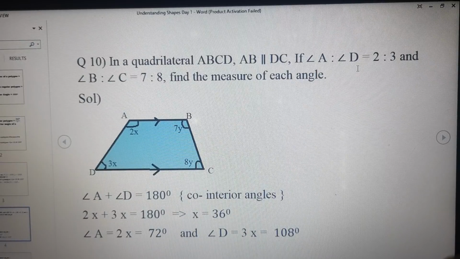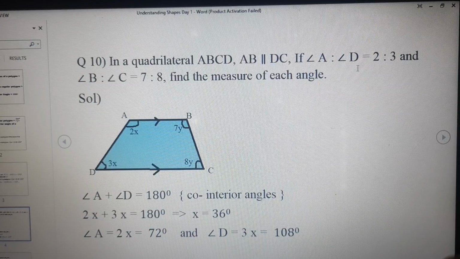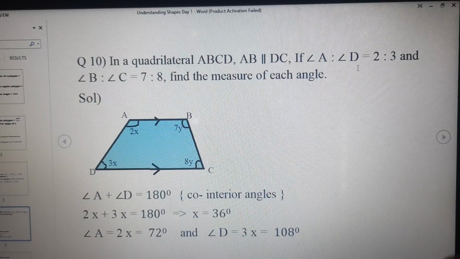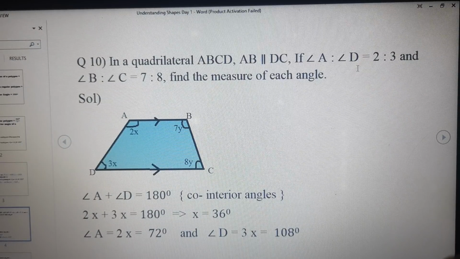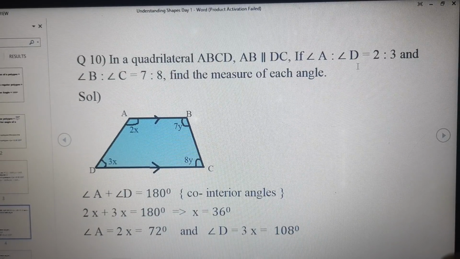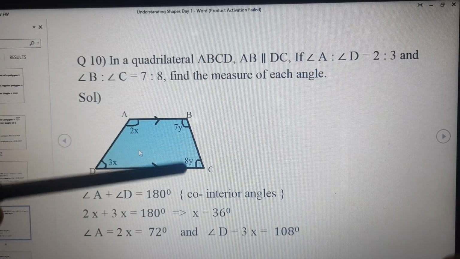And another ratio has been given. So whenever we have been given two ratios in the same question, then what are we supposed to do? We need to consider them with a different variable. It means we have already used x, 2x and 3x. So now we will be considering them as 7y and 8y. We will not consider them as 7x and 8x because 7:8 is another ratio and we have to take another variable with that. So let angle B be equal to 7y and angle C be 8y. I have mentioned this in the diagram.